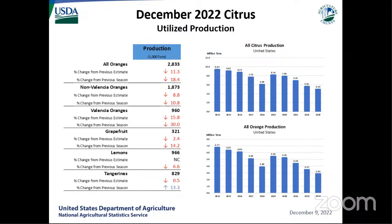In Florida, we're looking at a reduction of 8 million boxes from the October forecast. As you might expect, that's due primarily to some increased crop loss compared to what we anticipated. If we break that down by the non-Valencias and Valencias, specifically in Florida, that's a 4 million box reduction for the Florida non-Valencia crop compared to October. For the Florida Valencia crop, that's down also 4 million boxes from October. So big changes there. If we look at the overall Florida orange production, that would represent the smallest crop this season,